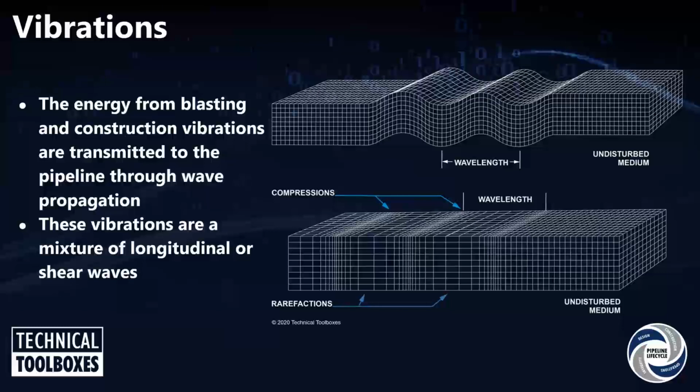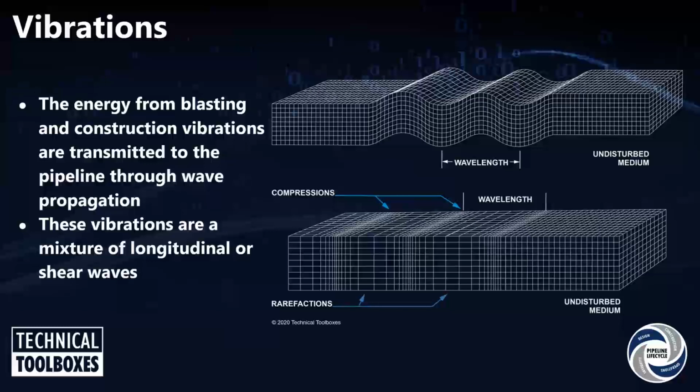These are called body waves, the two pictures that you see here on this slide. There are other types of waves that are called surface waves. The famous one is the Rayleigh wave. And for pipelines, it's usually the Rayleigh wave that creates the stress in a pipe. That's a surface wave. A surface wave comes into existence when a shear wave and a compressive wave hit a free surface. That's why it's called a surface wave. And it's very similar to the waves on an ocean surface. There is another type of wave that's less common. It's called the Love wave. It happens during earthquakes sometimes under certain conditions, but that's less common.